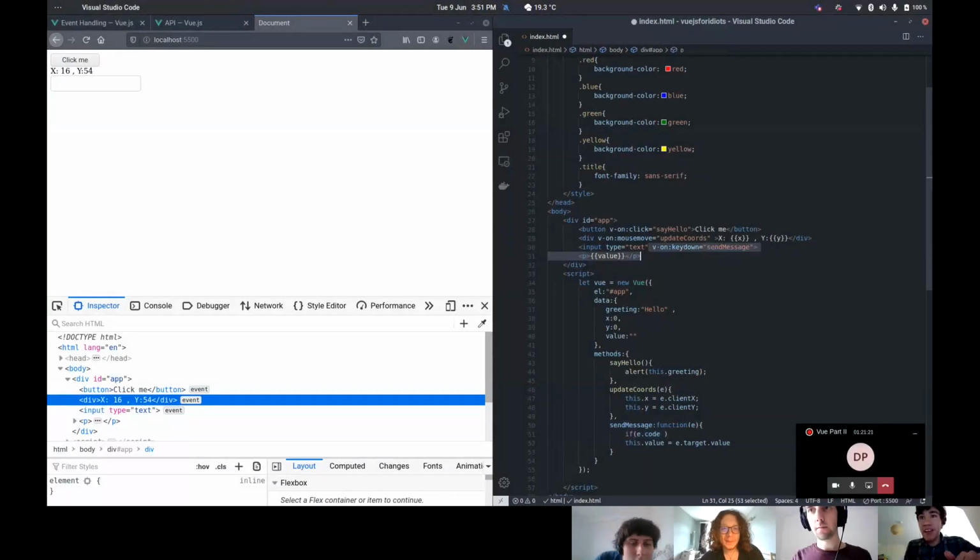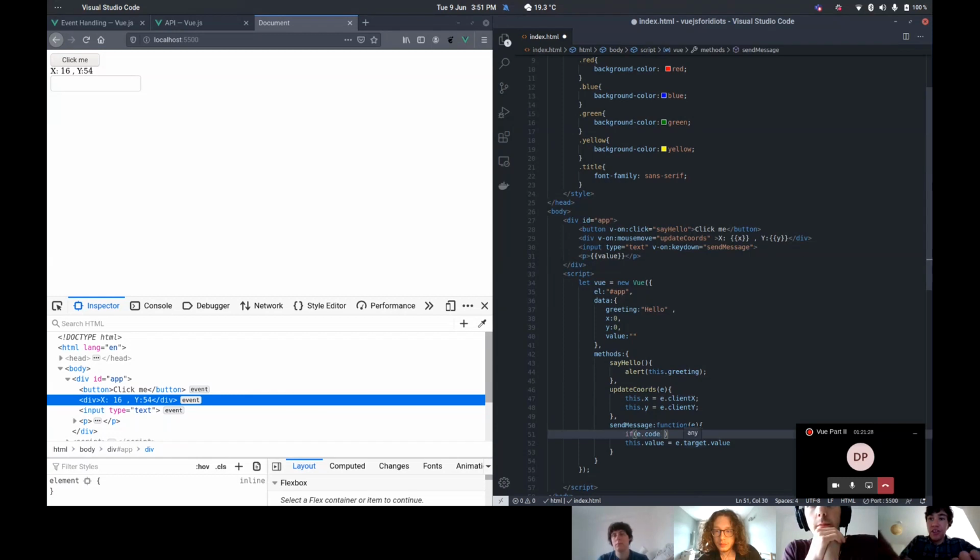If we go back to having key down here, we could check whether e.code equals enter or something, which would mean checking whether you've hit the enter key. You could do that. That would work. Alternatively,